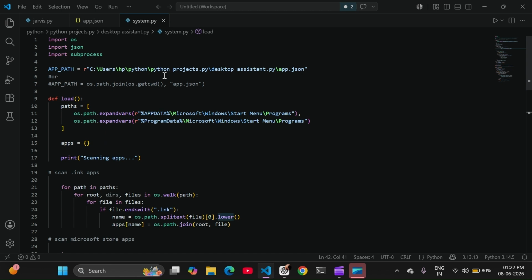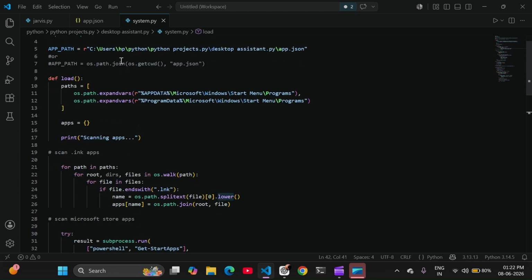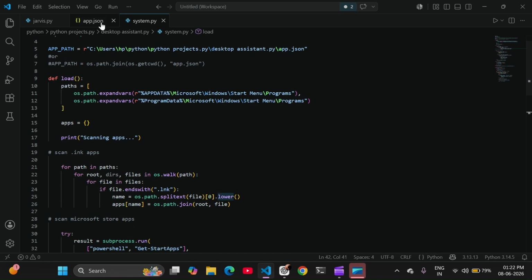So now first of all, we made a path of JSON. By this way you can make a path of JSON, like copy from here and paste it here. This is the raw string, and you know how to copy the path. Or you can write the path in this way, like os dot path dot join. It will get you the current directory and app JSON, the name of the file. Okay, so these are the files, and you can get the path to get